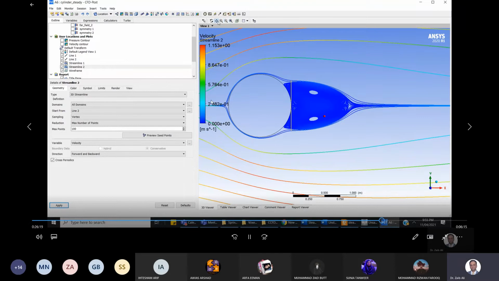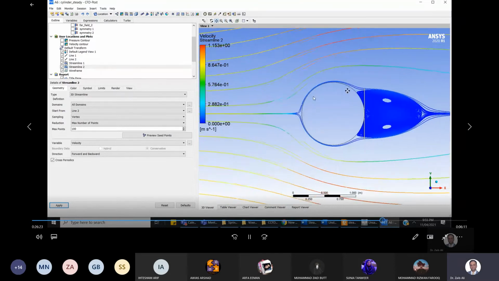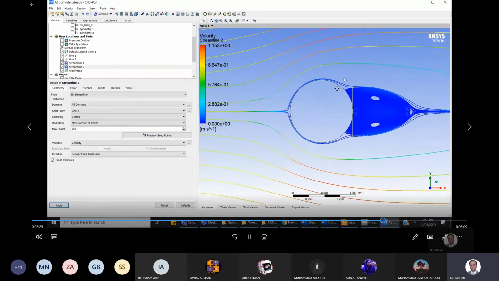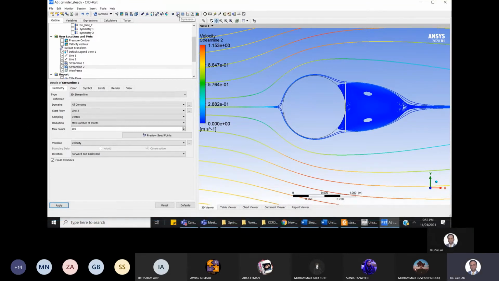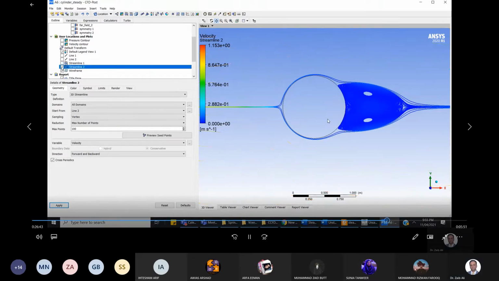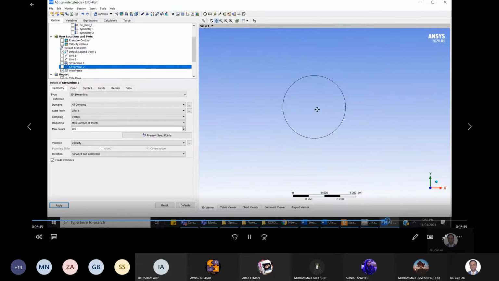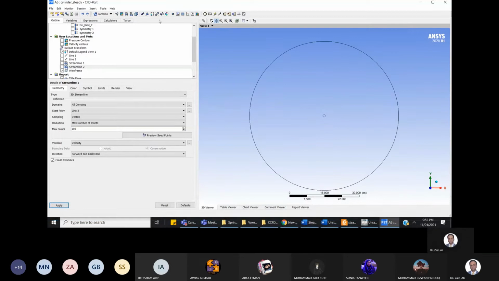Okay. So you can see that the streamlines are coming from here, going around the cylinder, and some of the streamlines are just revolving in a separation region. Okay, so this is the display of the streamlines. Next, what we want to do is